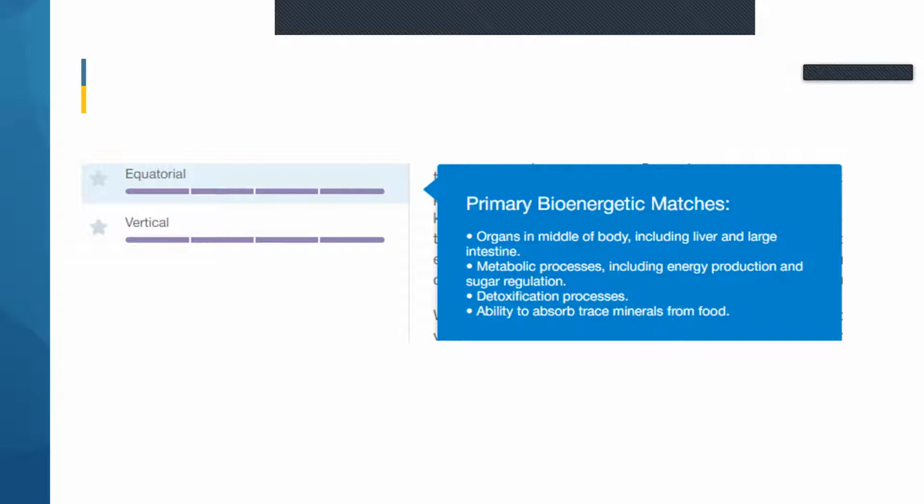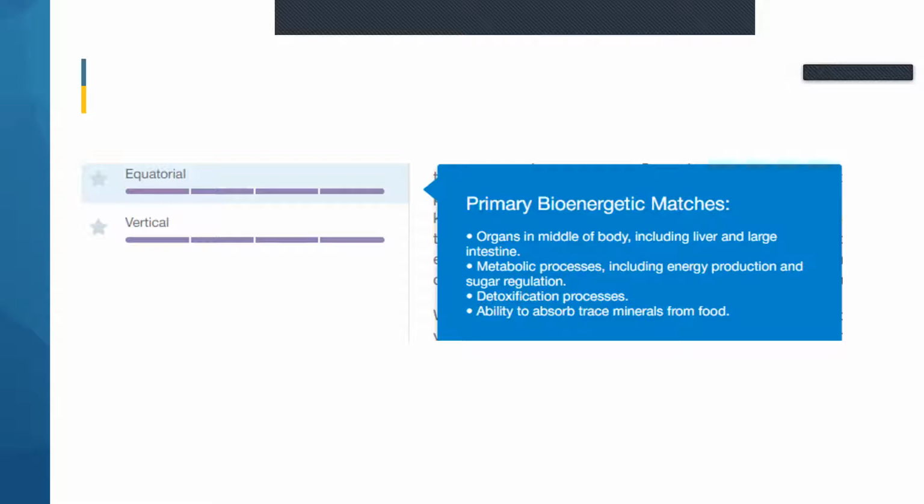Okay, so the equatorial axis, we're looking at the organs in the middle of the body. It's looking at metabolic processes, including energy production and sugar regulation. Okay, also detoxification, and the ability to absorb trace minerals from food. So think about, she's having some issues with her skin. Okay, so perhaps there's malabsorption going on. Okay, so it's all these little things that we can pick up. We're not doing a deep dive at this point. We're just looking at the